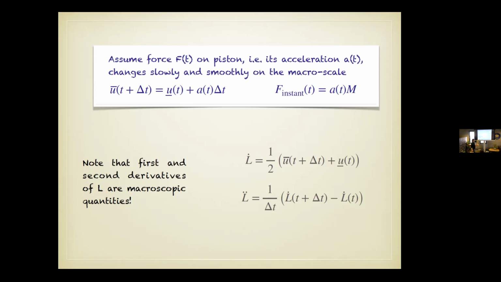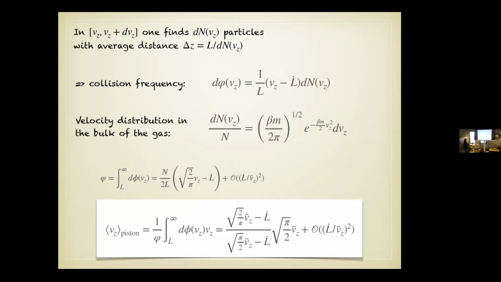For the second macroscopic derivative of L, we just take the finite difference approximation of the derivative, where delta t is again this intercollision time. Then we can estimate